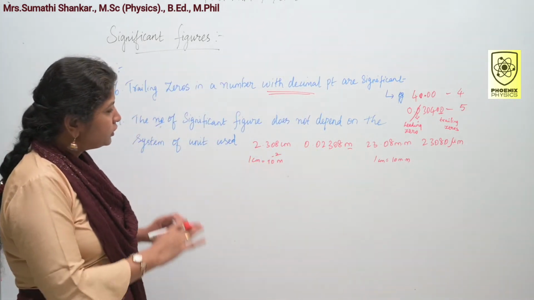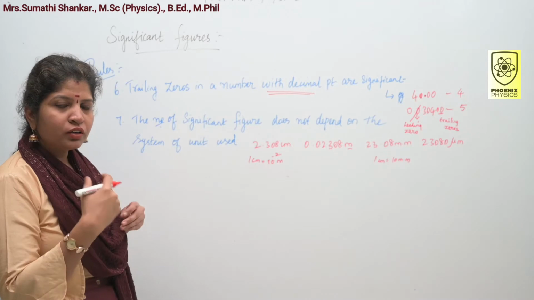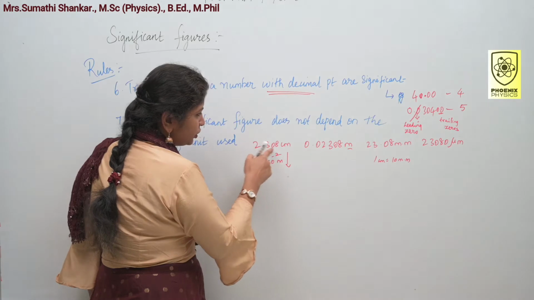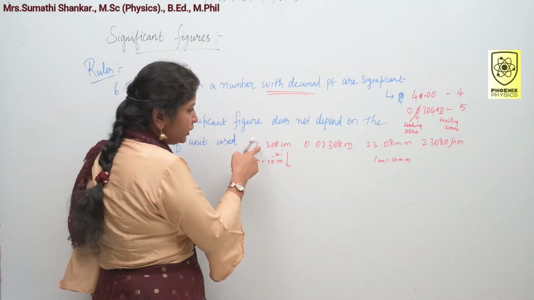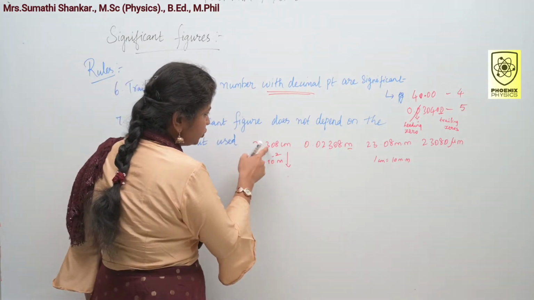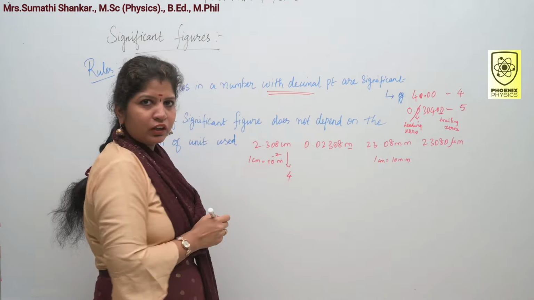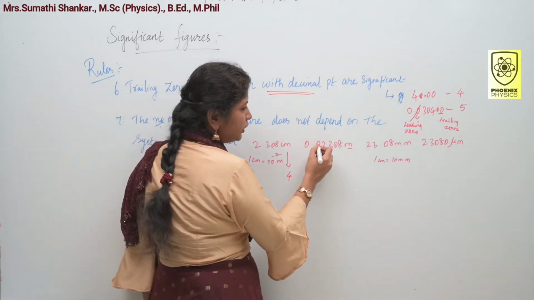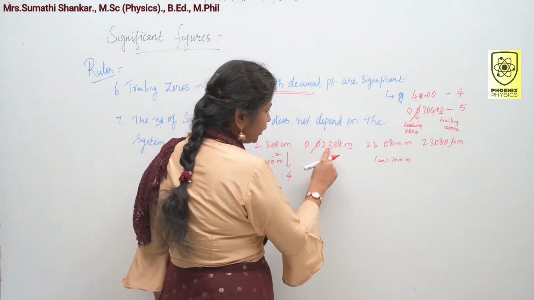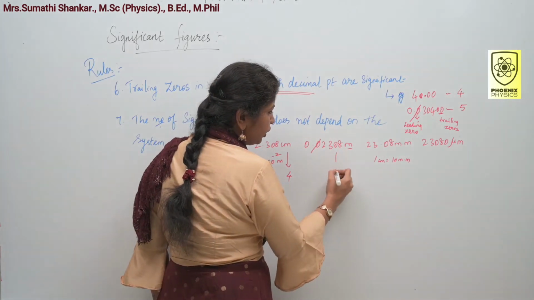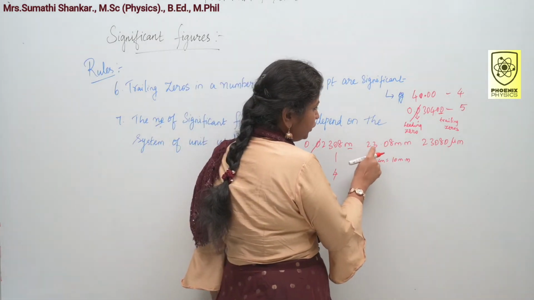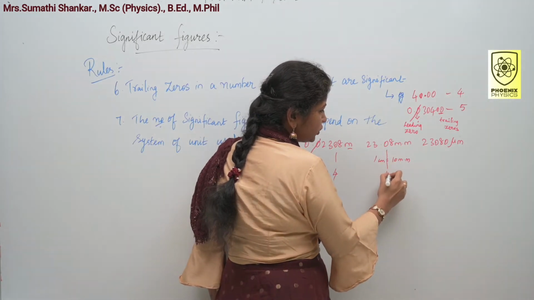Look at this example. Now tell me what are the significant figures. First one, here this zero is in between and the decimal point is also there. We have to count that zero also. So 1, 2, 3, 4. Here I have 4 significant figures. Here this is a leading zero, so leave it. This in between zero, you have to add. So here 1, 2, 3, 4. So I have 4 significant figures. Here this is also an in between zero. So 1, 2, 3, 4. Here also 4 significant figures.